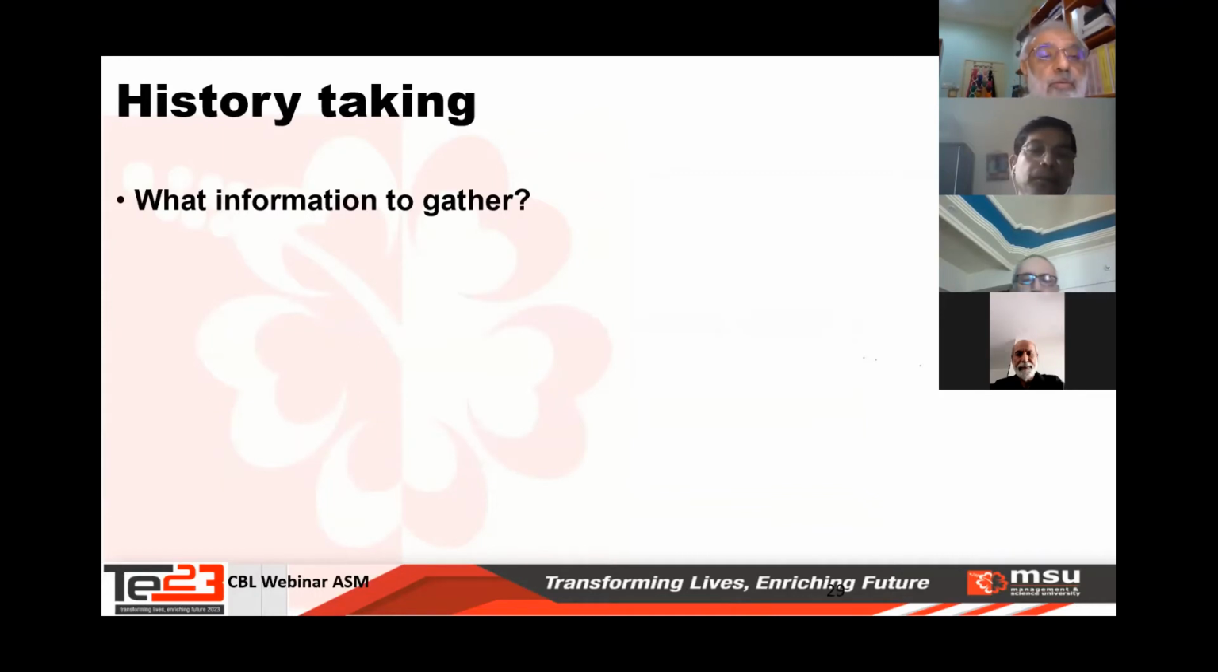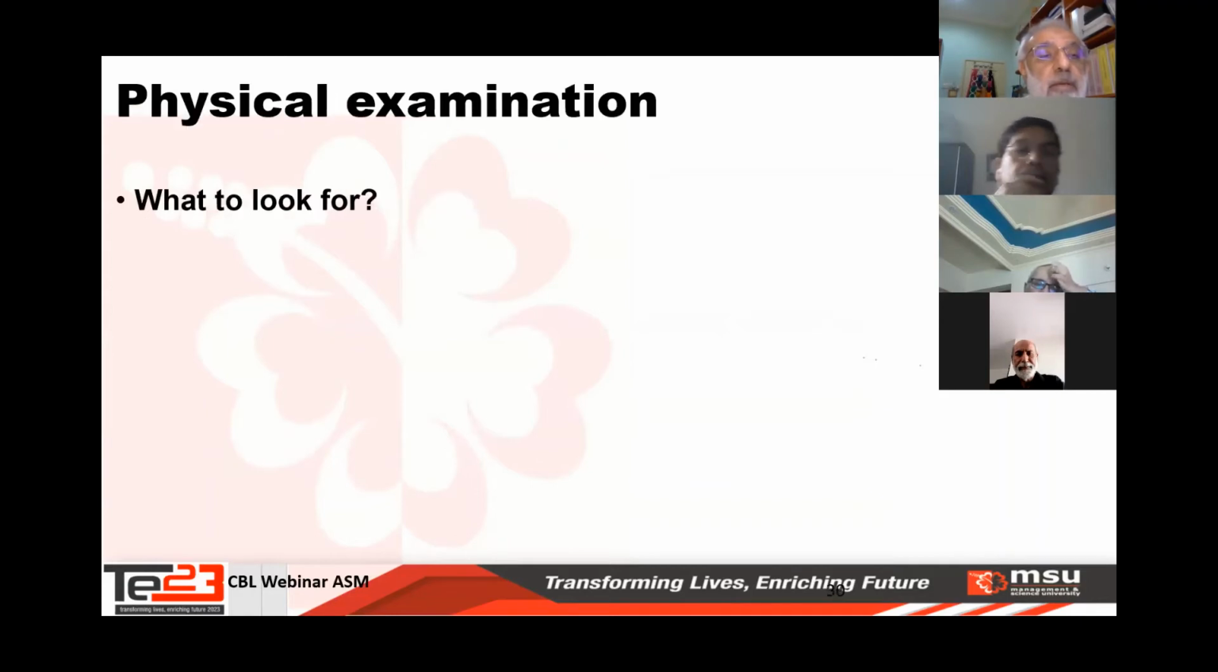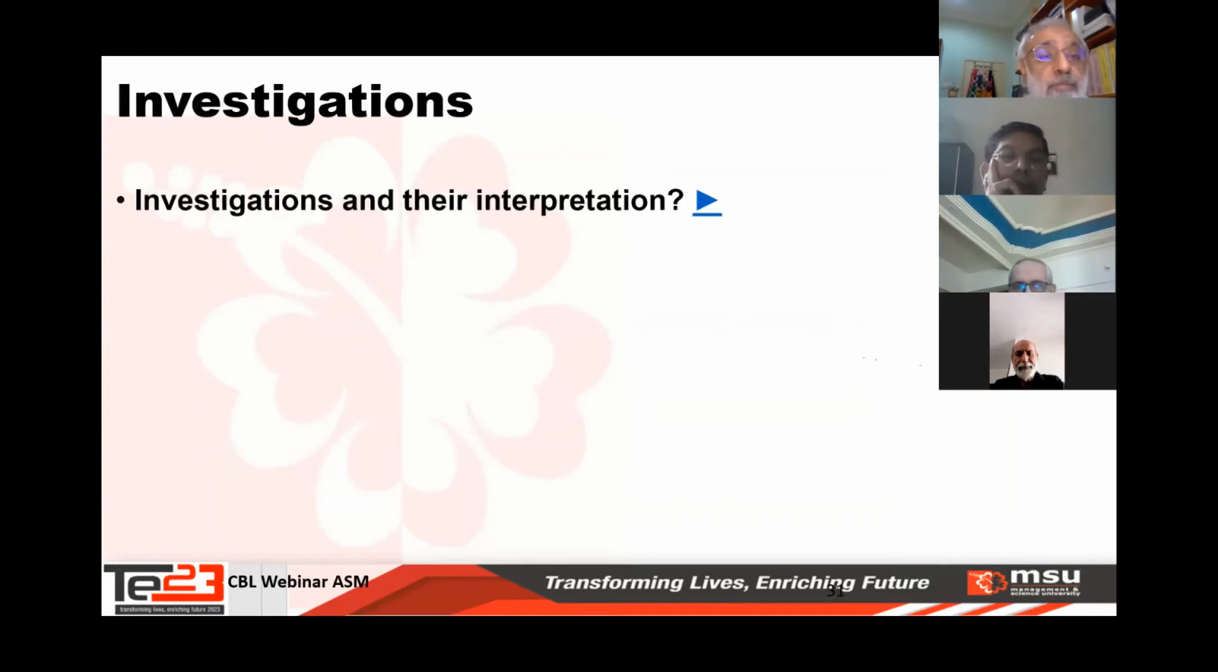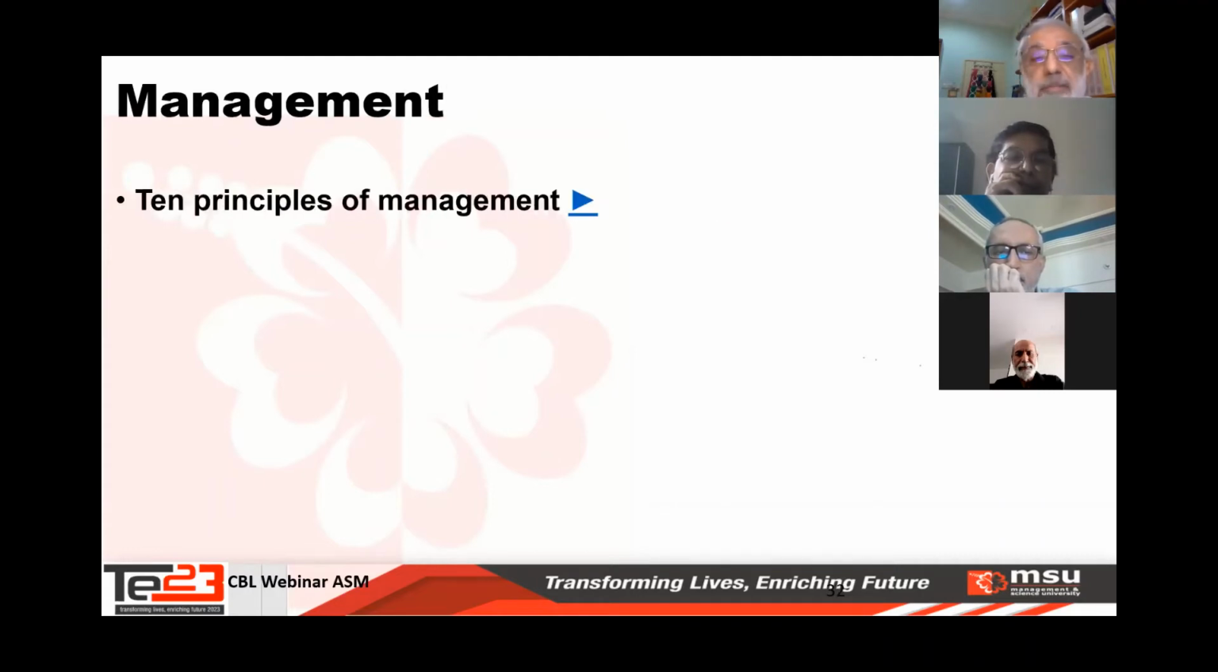The next question could be, what information needs to be gathered here? What are the physical findings we should be looking for? And what are the investigations to be done? And we provided some results and asked them to interpret, and the principles of management. So that is in short